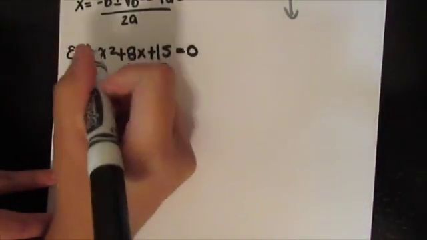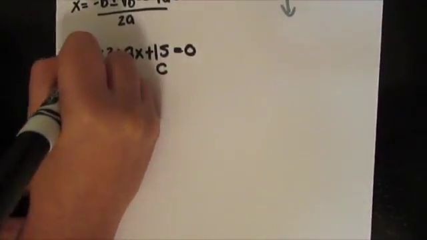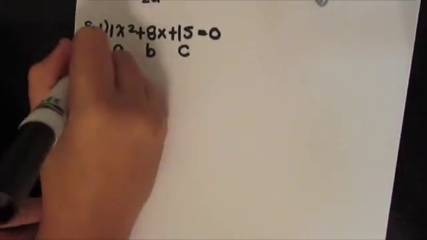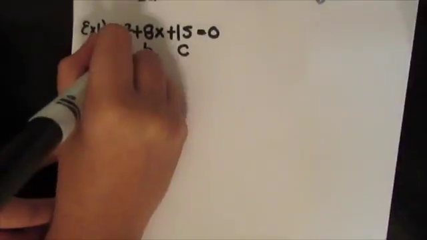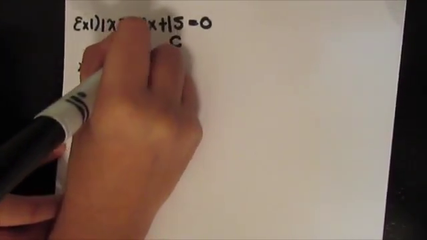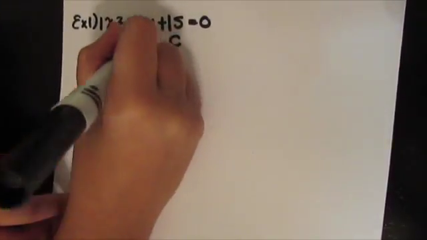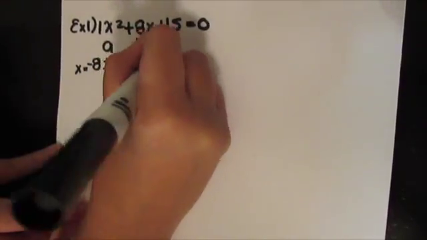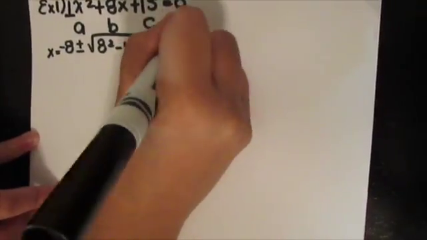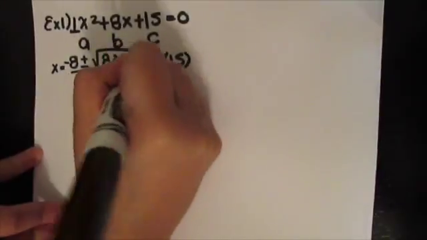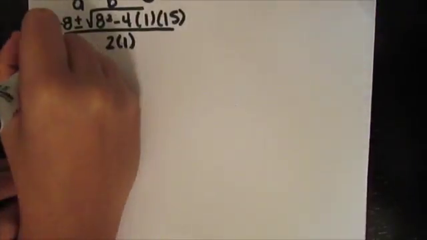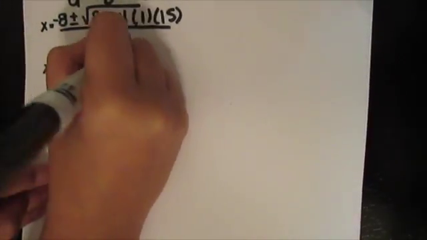Here, since there's no number in front of x squared, we use the number 1. So x equals -8 plus minus the square root of 8 squared minus 4 times 1 times 15, over 2 times 1. So then x equals -8 plus minus the square root of 64,